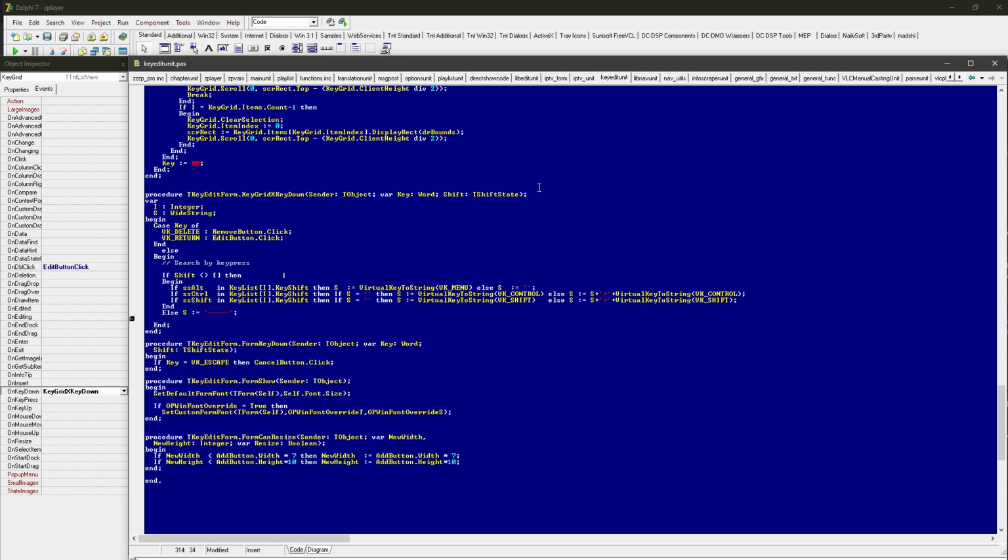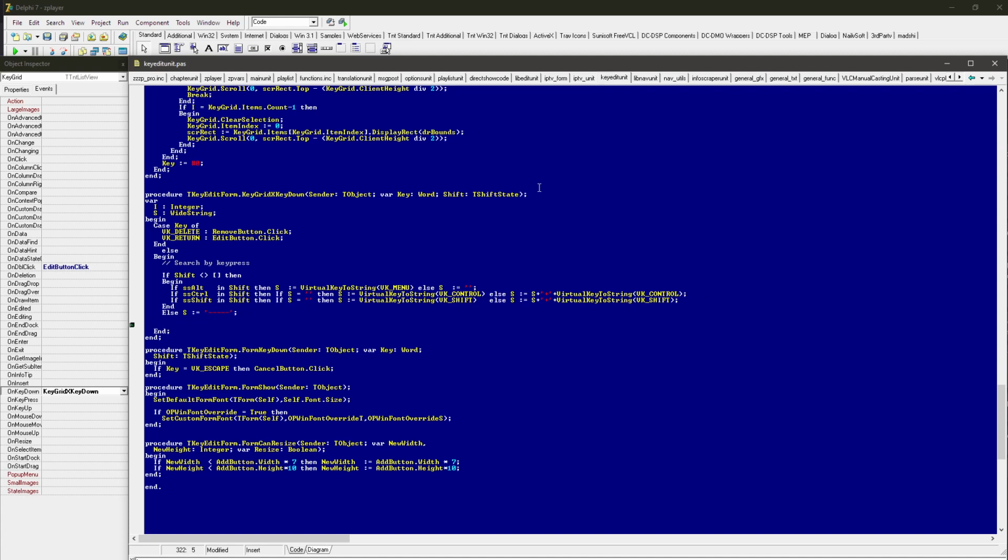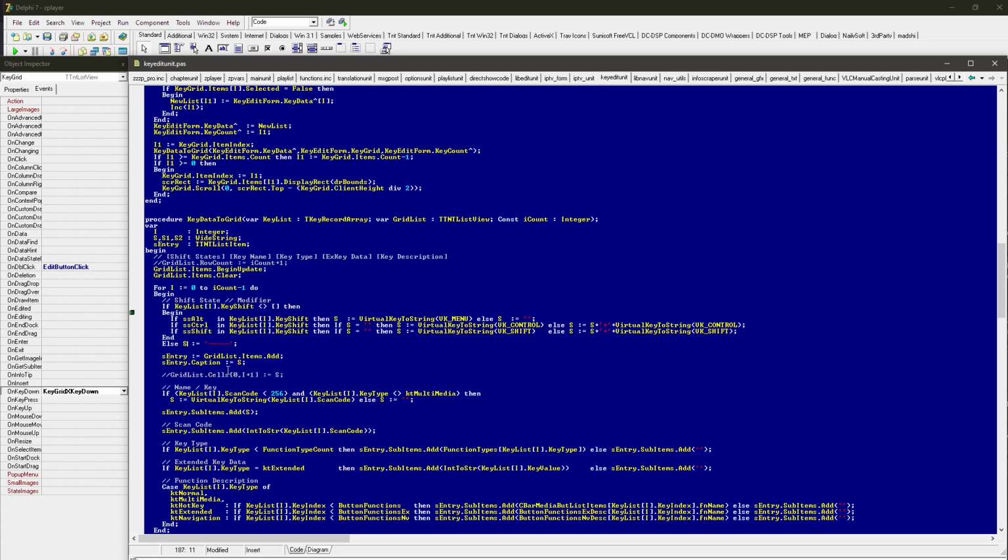Okay, so if in shift, okay, great. Okay, so now the S should have the first variable and this is a shift state as a string, and now I need to go over the grid list, which is